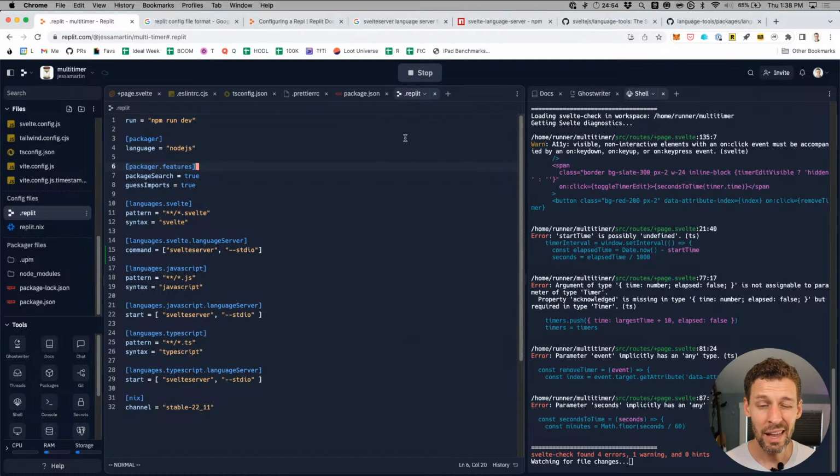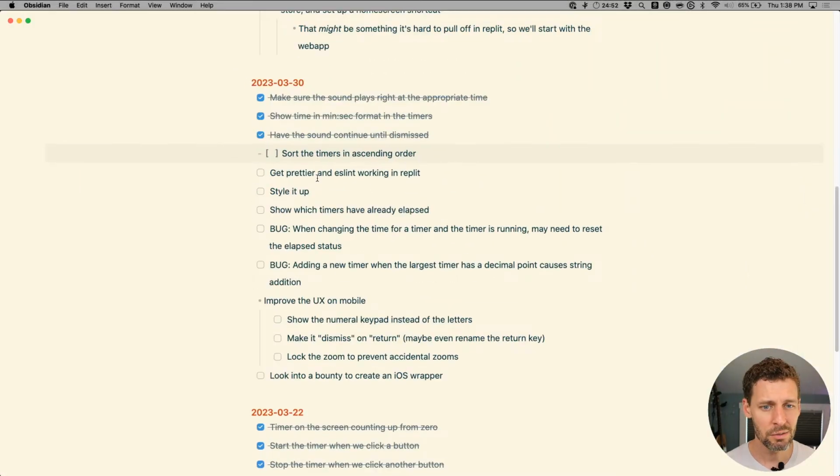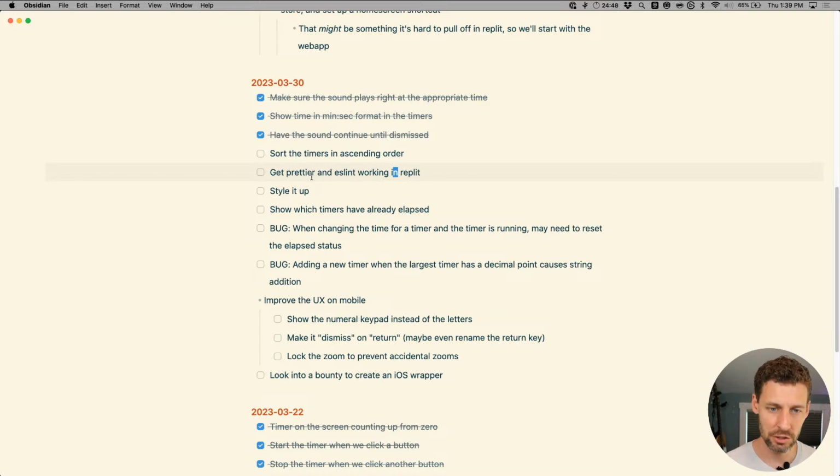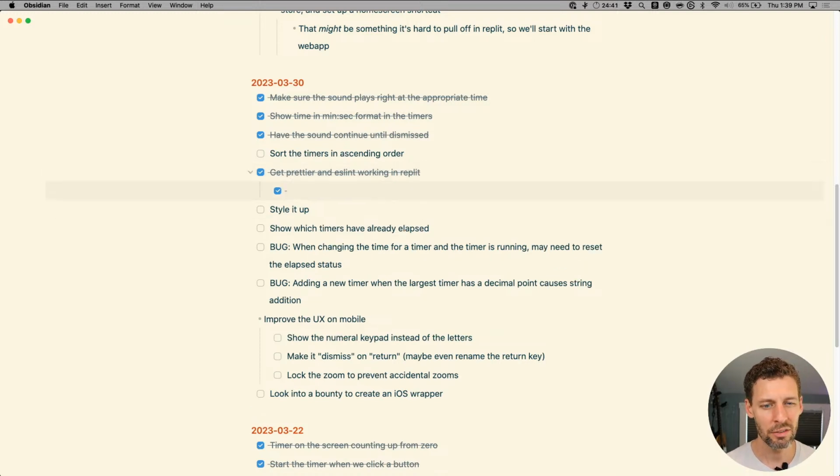So this last Pomodoro, it was more or less useful. I'd give it a partial victory. We got Prettier and ESLint up and running in Replit, but they're running in the console, on demand, using npm run lint and npm run format.